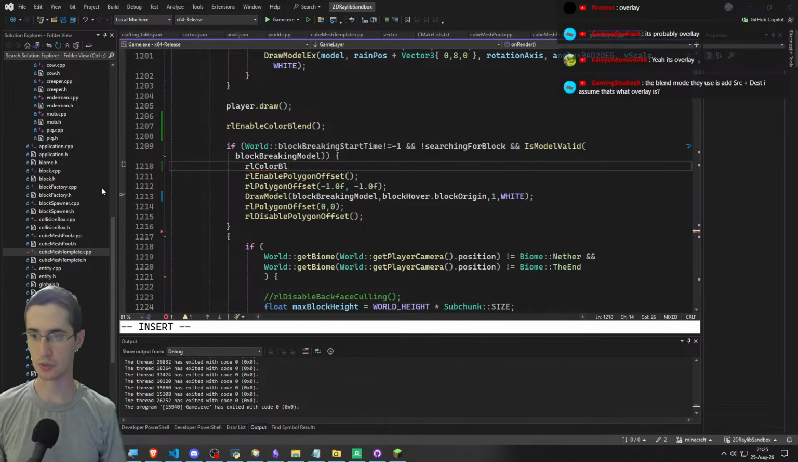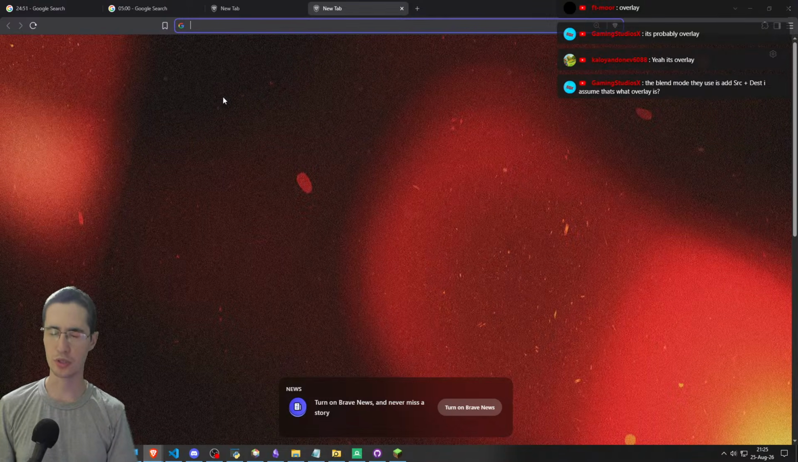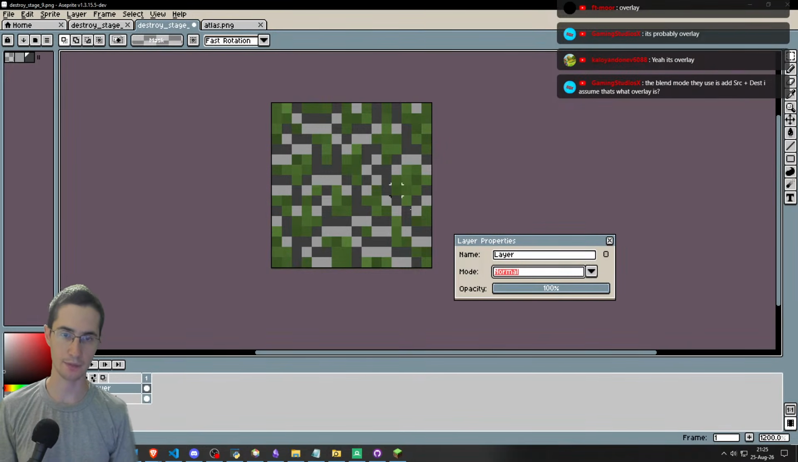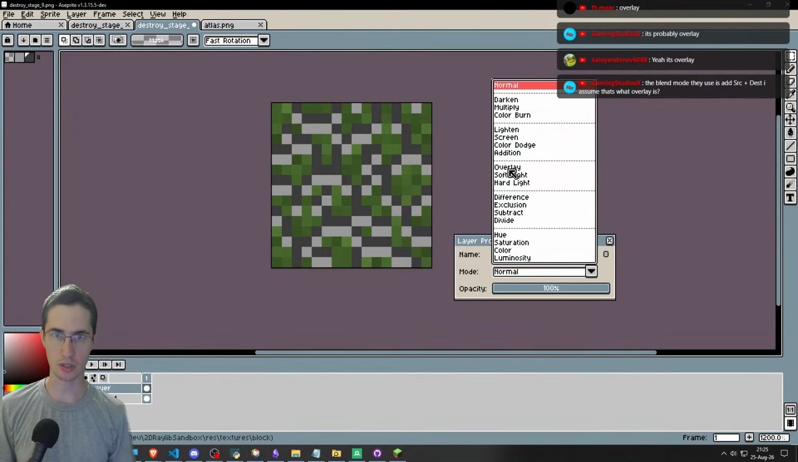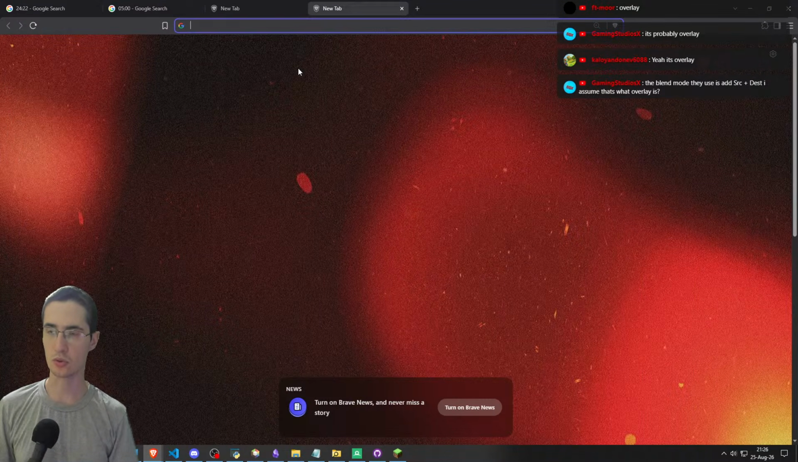Okay, so let's look at it. We're doing the block breaking texture. We want it to be like this, overlay mode. Currently it's normal mode, where it doesn't look okay. In order to change the mode, we need to play around with blending of colors. The goal is to have this overlay effect. That's the goal. So let's look up